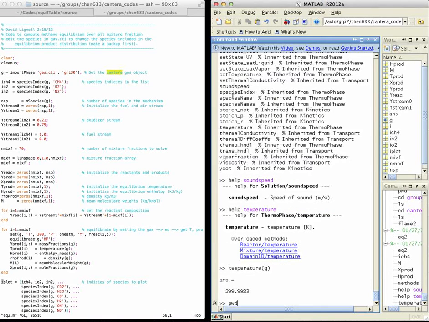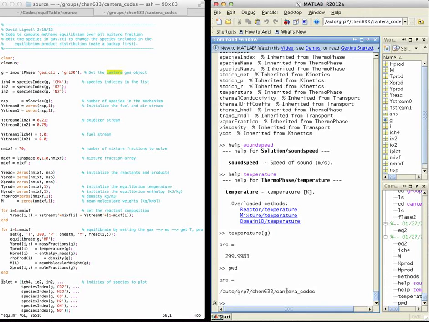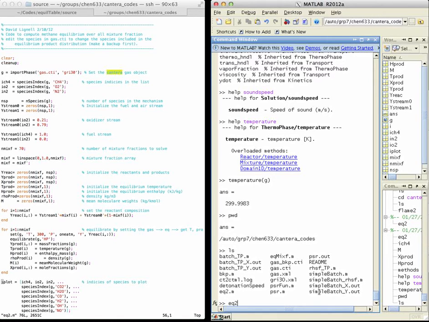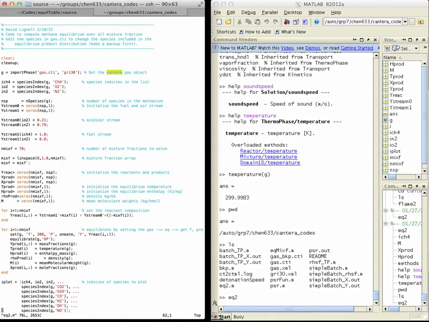But in MATLAB, of course, you've got to be in the directory where it's at, Cantera codes or wherever you put it. If you copy this Cantera codes directory to your own space, then you tell MATLAB to go there, and then just run EQ2. Let's see. But basically, it's ready to go. It will output for methane. You can change the composition of the streams here. These are mass fractions, not mole fractions, over here. So you'd want to edit that